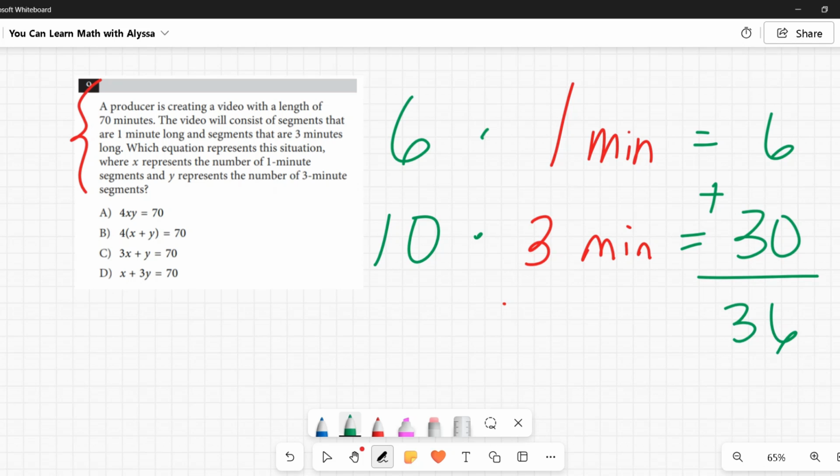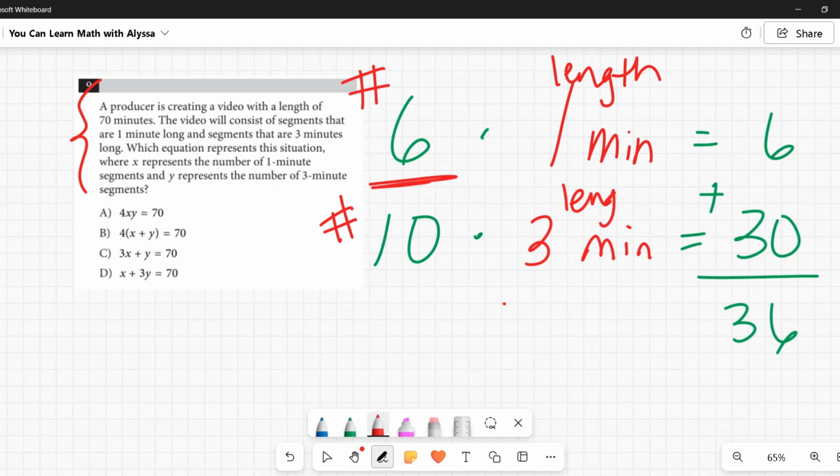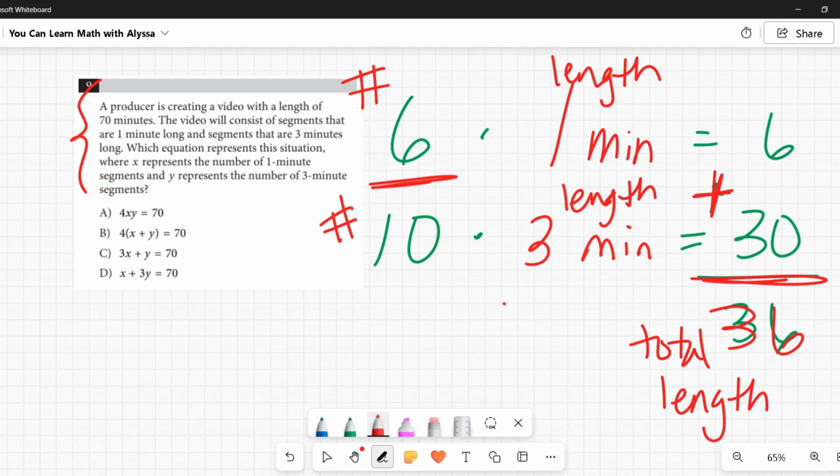So look at what we did here. What was the process when we knew what the numbers were? We took the number of segments, we multiplied by the length of the segment, and we did that for both. We took the number of segments times the length, and then when we had them, we added them together, and that gave us our total length, our total time. Okay, so that's a real world scenario. Now let's look at our